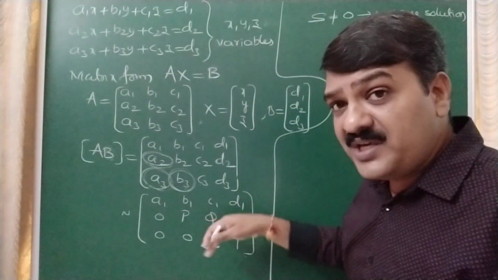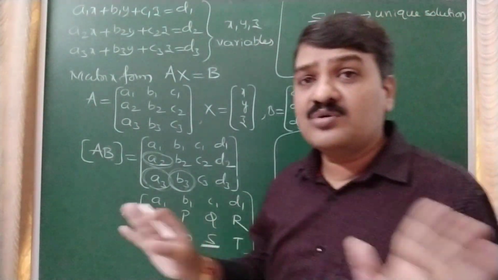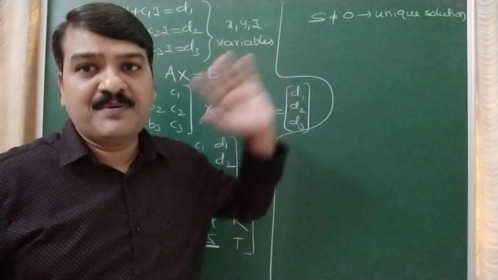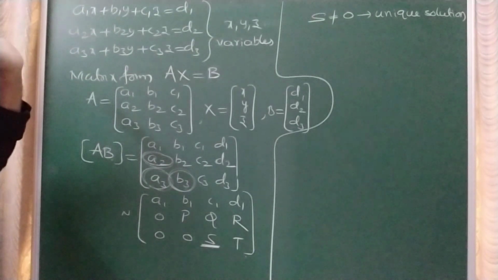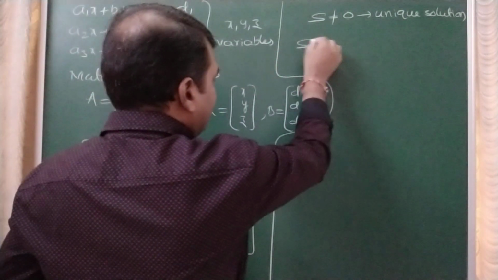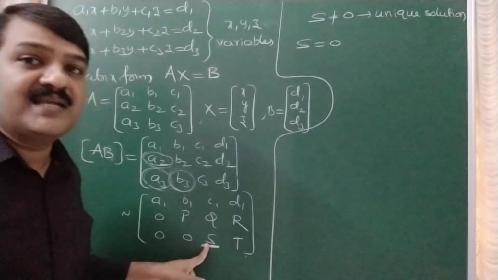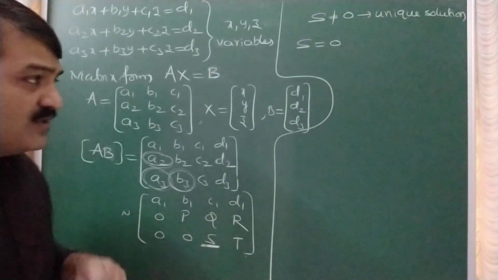So what I am assuming is I am not getting any two rows same. I am not getting any two rows' elements in same ratio. I am assuming that, and therefore I am writing the process. So if this element is non-zero, you will definitely get a unique solution. If S is equal to 0, here you are having 0, means you will definitely not get a unique solution. Means you will get infinite or no solution only, no?